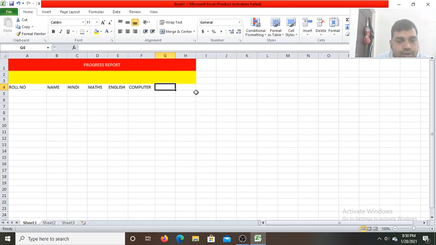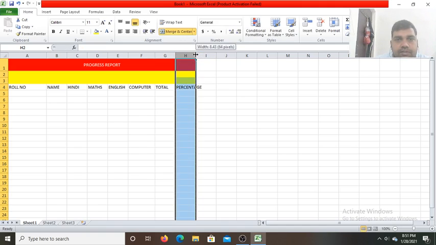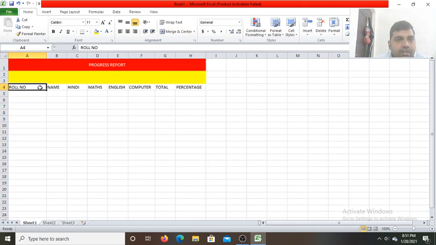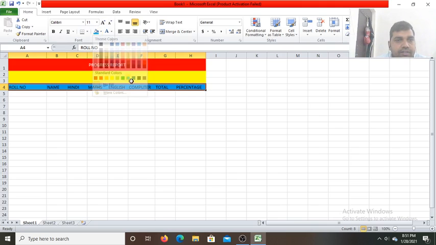Now after that we want to total it. So it's a total, so we take total. Next we take the percentage. See the percentage. Okay, so that also we increase the width of this column, so drag it, now it is increased. Okay, so now the background color of this field, let us select this entire and make it a blue color. So we fill it with the blue color. Yes, see, we have filled it with blue color.